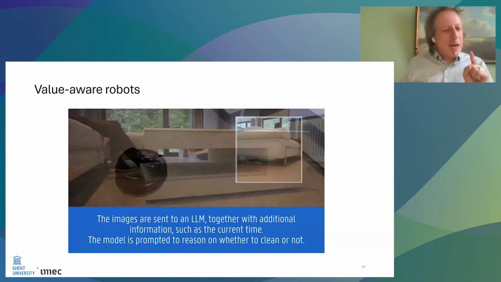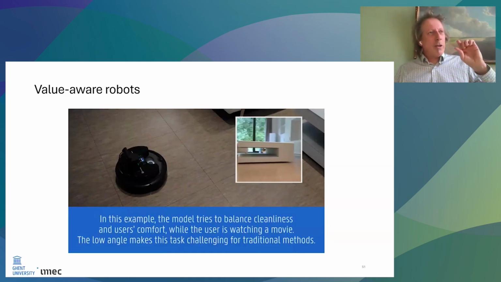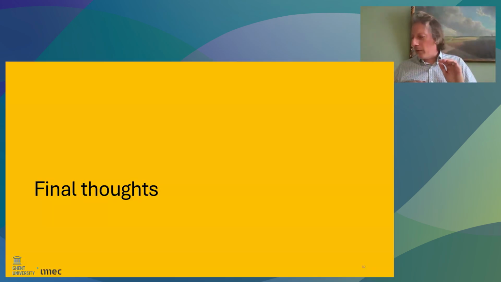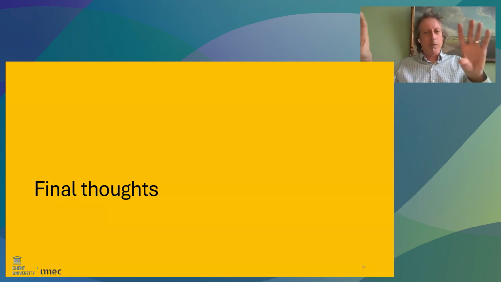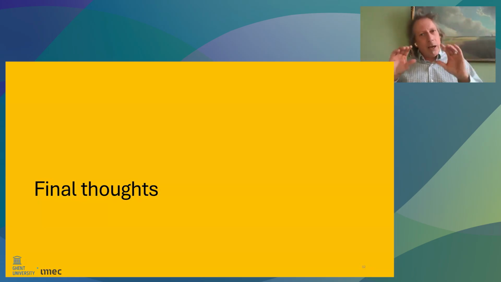I'm going to cut it short here, but what I really love about this is that you've got a VLM looking through the camera mounted on the robot about 20 centimeters off the floor. So it has a very limited view of what is going on. It literally just sees legs sticking out of the sofa at the bottom of the TV screen on which a movie is playing. And that is enough for the VLM to realize that someone is watching television. And then with the right prompting to realize that it's embodied in a robot, a vacuum cleaning robot, and that vacuum cleaning is disturbing. It makes a noise that would actually be disruptive when you're watching a film.